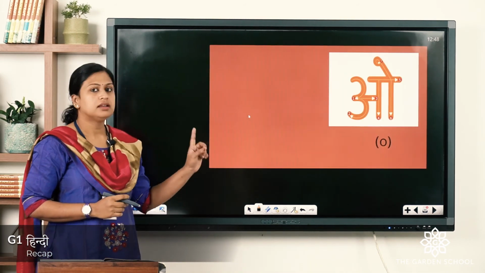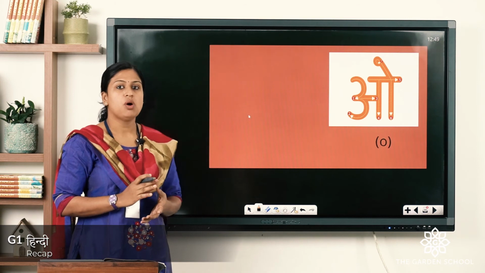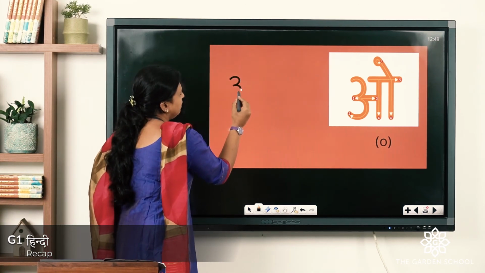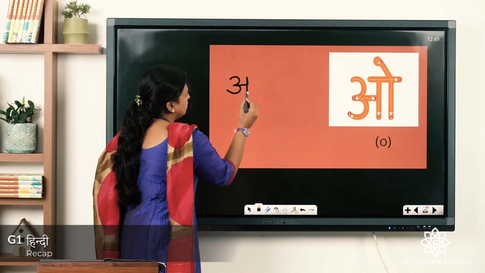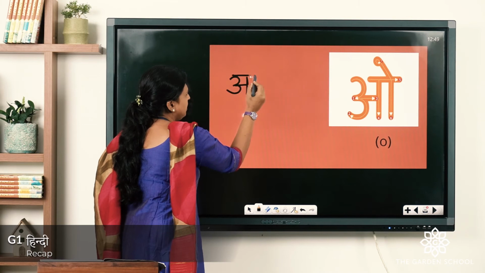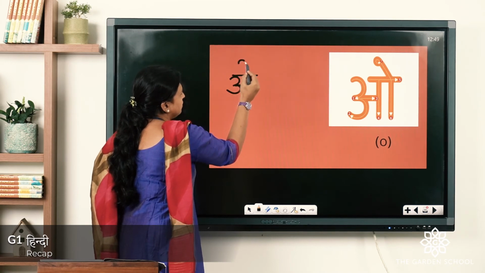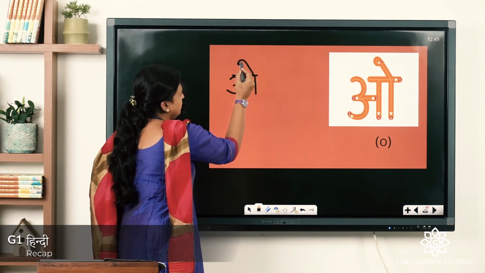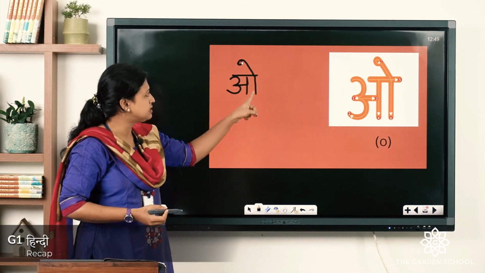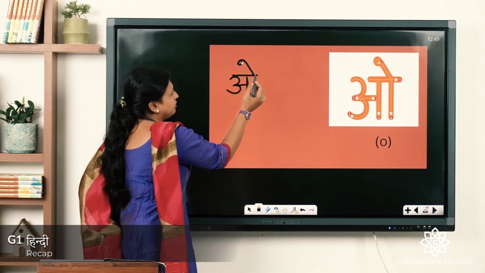Now let's see the next vowel. It is O. The same way we wrote A. Then one standing line, sleeping line, and on the top a string type structure. Remember that it touches this standing line here.